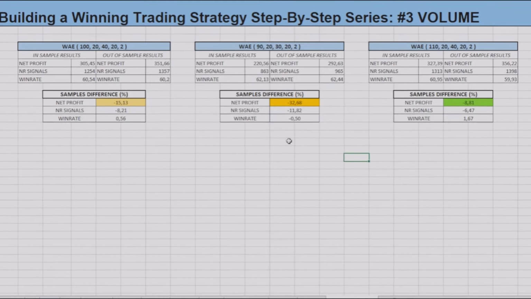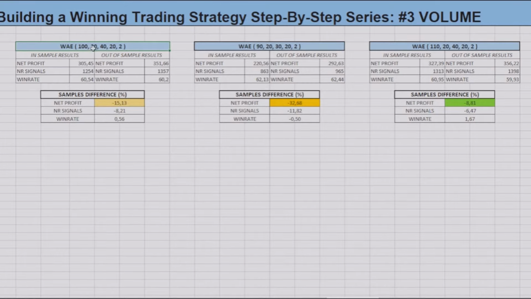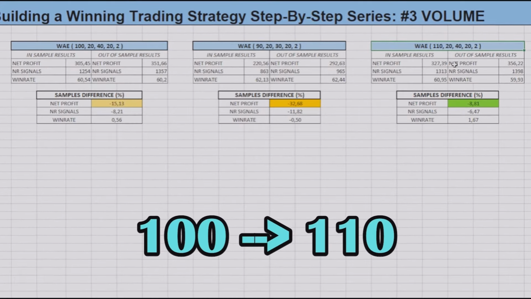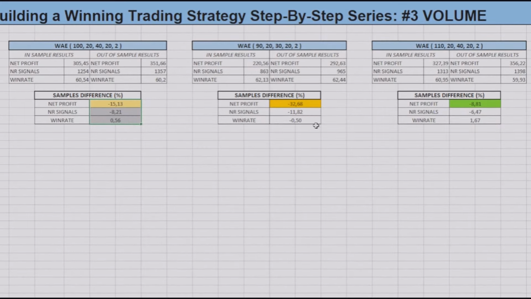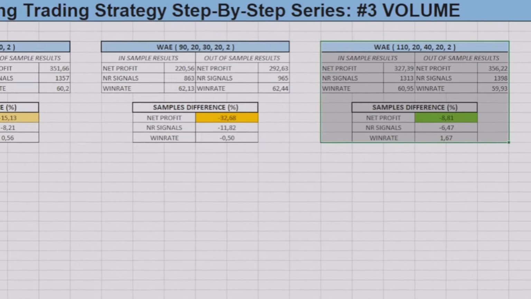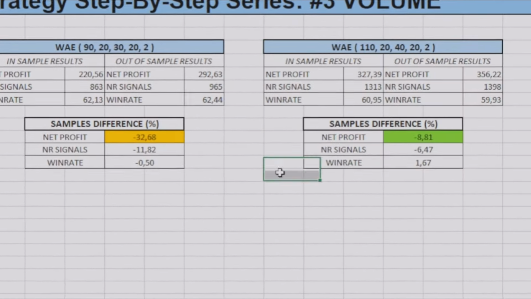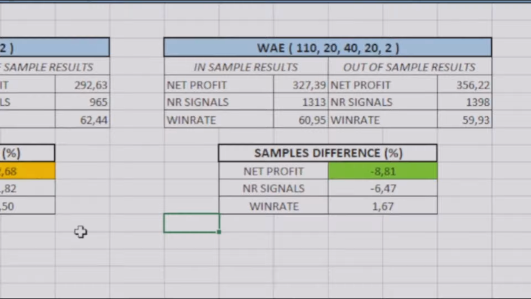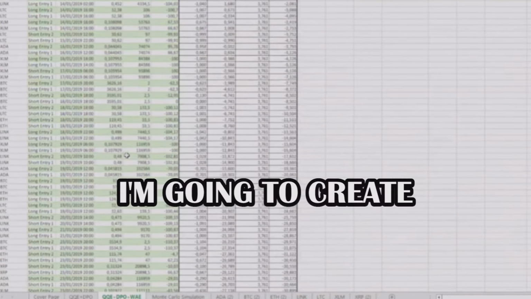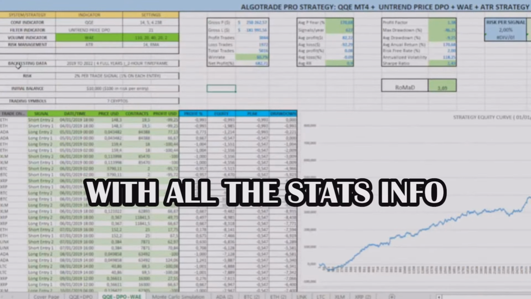And we can easily conclude that the slight change in the sensitivity of the Wadaratar explosion from 100 to 110 was enough to make the results more consistent. And let's not mess with the settings anymore, because, as I have mentioned many times, I don't want to make this strategy overfitted. Before finishing today's episode, I'm going to create a new Excel with all the statistical information of